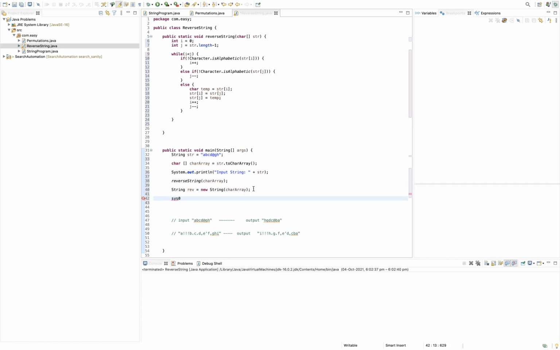I will just print it. So here we are going to print the difference. Now let's run it.